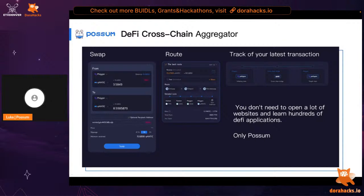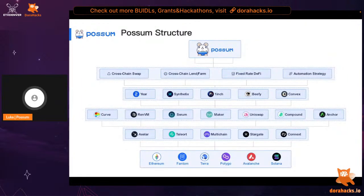Users can use our product to swap any assets on one chain to another chain, based on the assets they have. Well, we will do it in one single transaction. And in the future, we view Possum can be